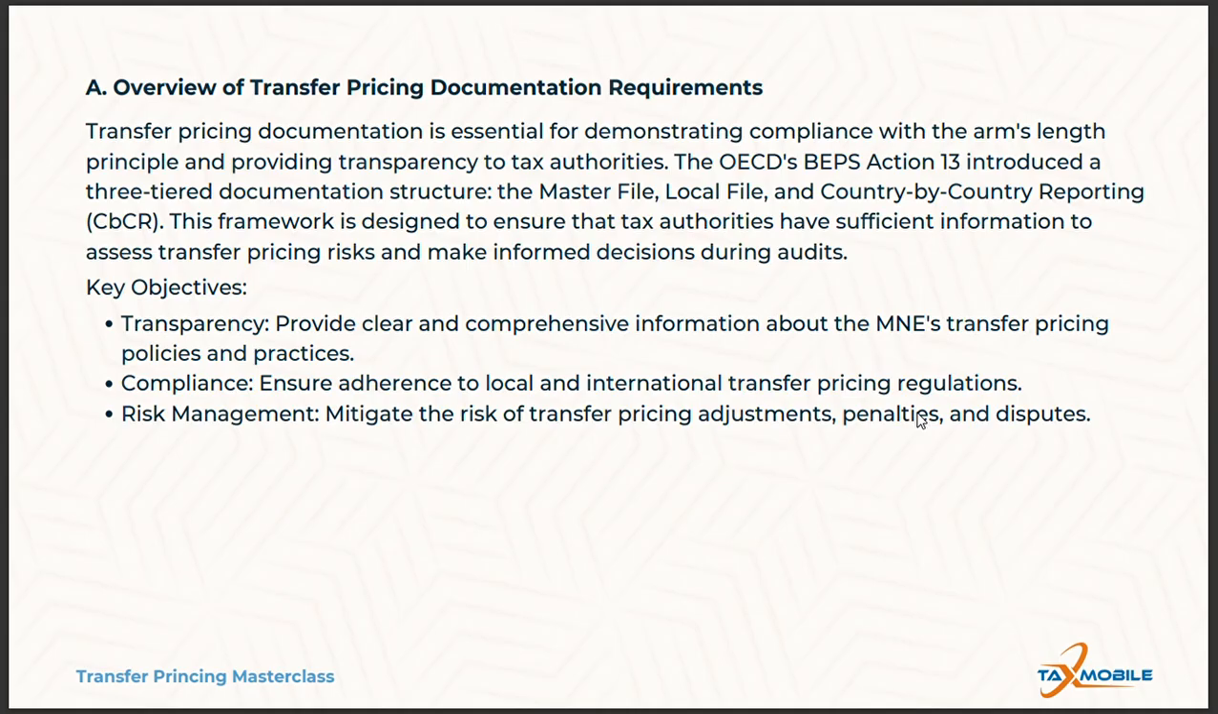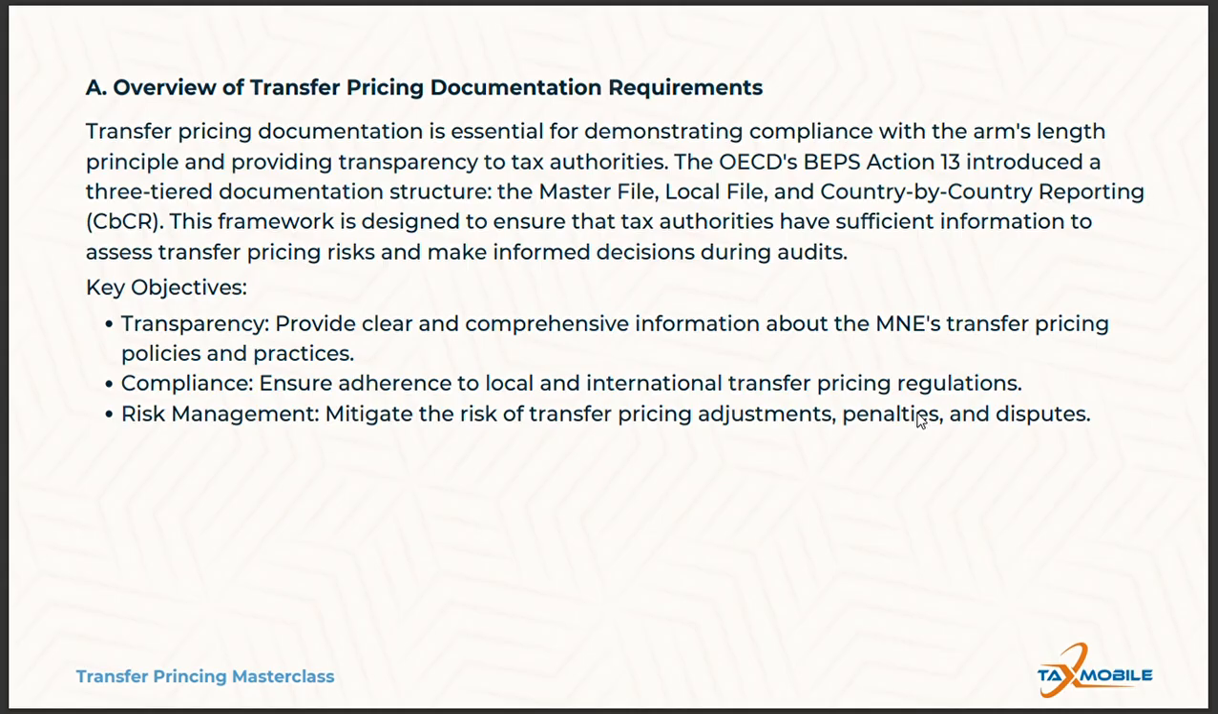principle. The arm's length principle requires that all transactions between related parties, such as subsidiaries of the same parent company, be priced as if they were conducted between independent, unrelated parties under similar market conditions. This ensures that profits are allocated fairly across jurisdictions where the value is created, thus avoiding profit shifting to low tax jurisdictions. So this framework is designed to ensure that tax authorities have sufficient information to assess transfer pricing risk